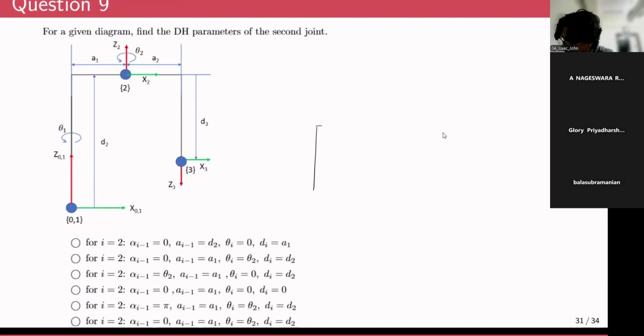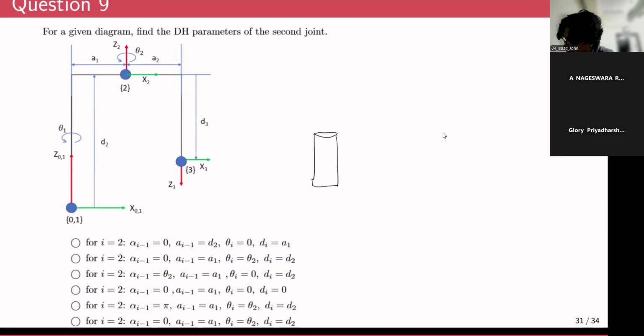It has a first joint going vertically upward, something like this, so that it can rotate about the vertical axis. Then it has